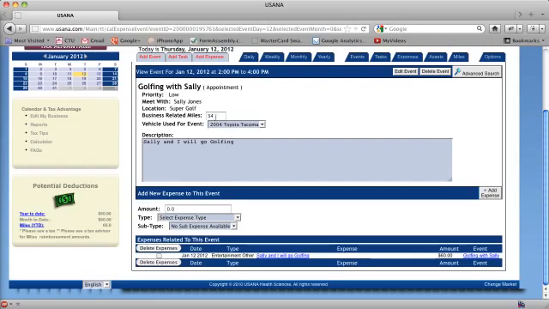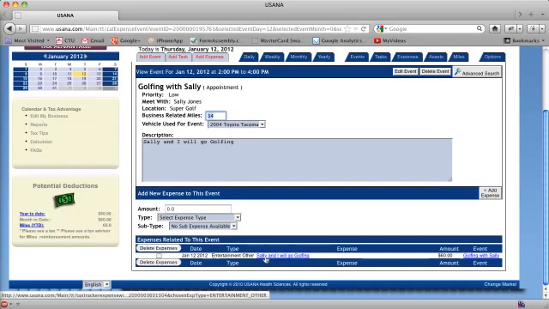I also put in here the miles. Miles are a different kind of expense from your entertainment. And so that's why they're kept separately. You're not going to enter your miles into your expenses. The third type of expense is what we call an asset, and I'm going to come back to that in a few minutes. With regard to this expense, I have tied golfing to this particular event,